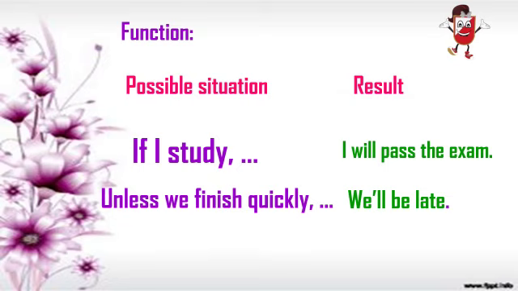Yes, podemos utilizar también estos en el resultado, pero tenemos que estar seguros, ¿ok? Tenemos que estar seguros de nuestro resultado. Entonces, we can use may or might depending on how certain we are of the result. ¿Ok? Entonces, tenemos the first conditional, possible situation, and result. In the if clause, we use the present simple, and the result, we use the simple future. ¿Ok? That's great.